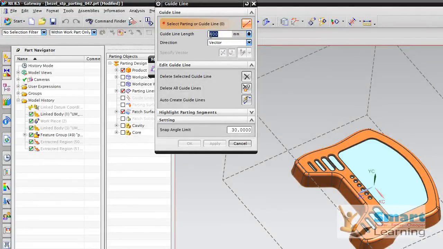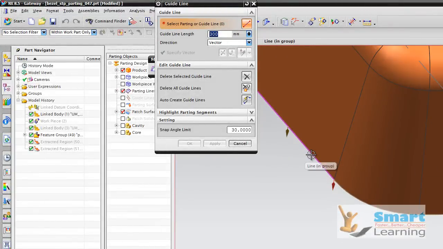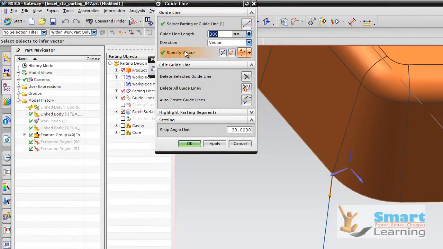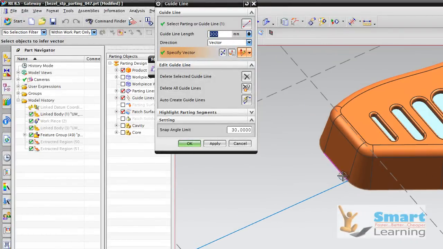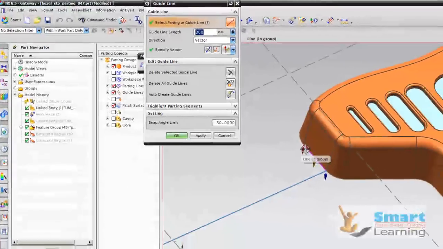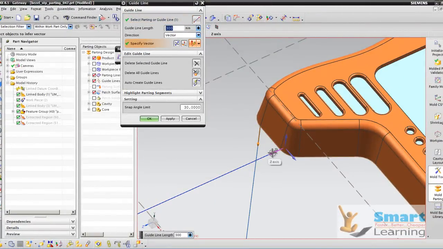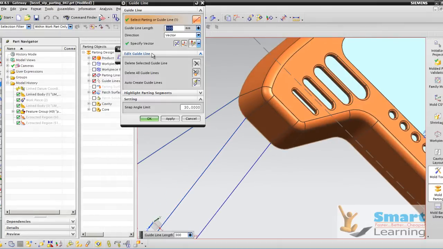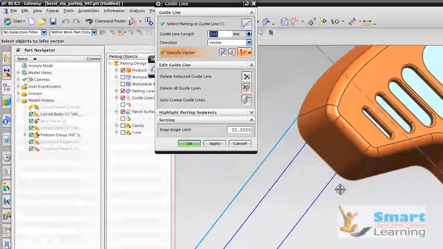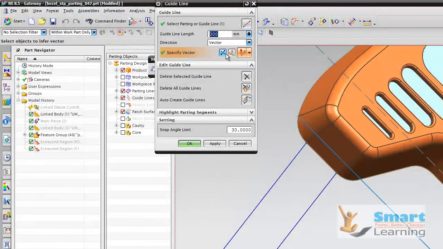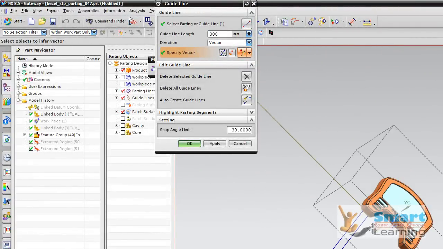the guideline length to your required values. So let us say we'll update this 400 to 300 and we'll select one by one. And once you select this particular edge, the direction vector you have to specify properly. Just like that, we'll go to the parting line guideline again selections and we'll select the guidelines. Next again we'll go to the parting guides and again we'll reorder the vectors by selecting the directions. Again we'll go to the vector and we can flip the proper directions as per our requirement.